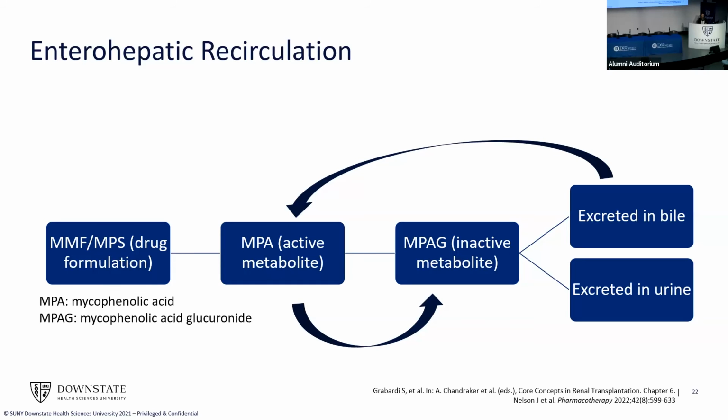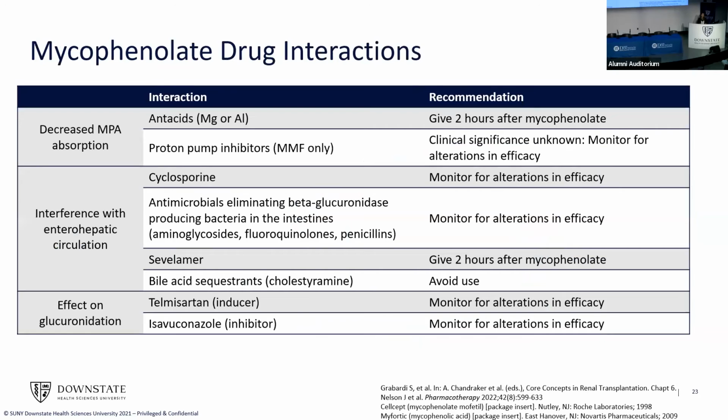And this is where it gets interesting, because this inactive metabolite can be excreted either in the bile or in the urine. If it is excreted in the urine, then it's gone. However, if it is excreted into the bile, it actually recirculates back into the active metabolite, the MPA form. And this results in secondary peaks of the active drug being present in the body 6 to 12 hours after the drug is given. I want to touch upon this because it does play a role in the drug